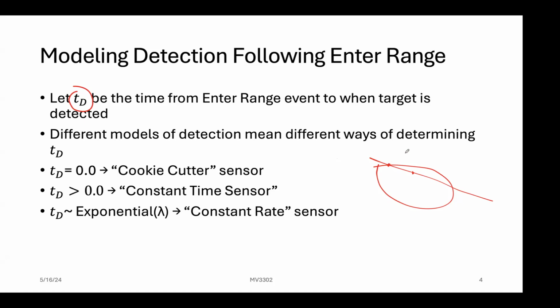And I don't believe it is, because if the thing is coming in, and I'm not detecting it in enough time to do the countermeasure, then I'm screwed. Okay, and this captures that a little bit. And then it turns out that the next most interesting thing is something where the time to detection is actually an exponential random variable with a certain mean. And I call that the constant rate because it has kind of an interesting